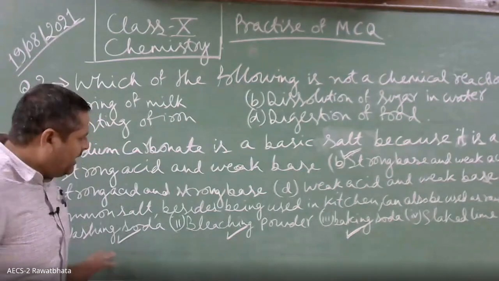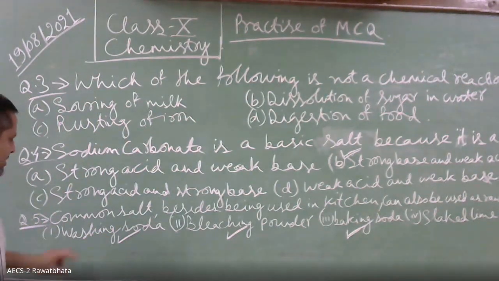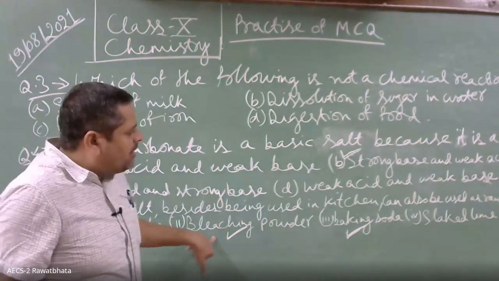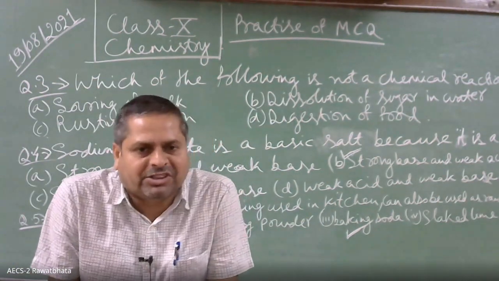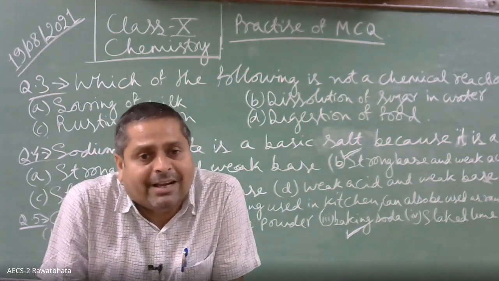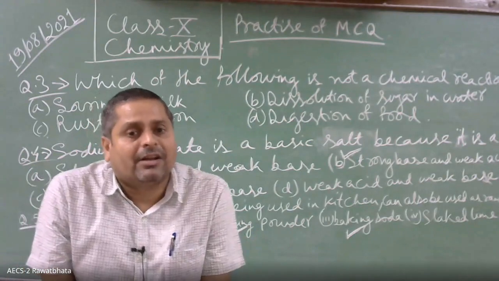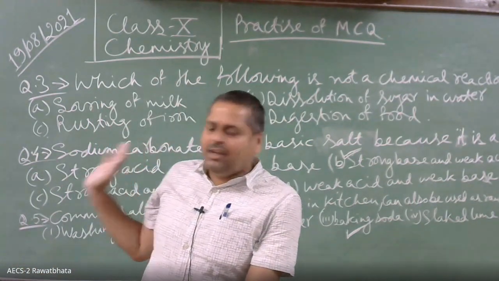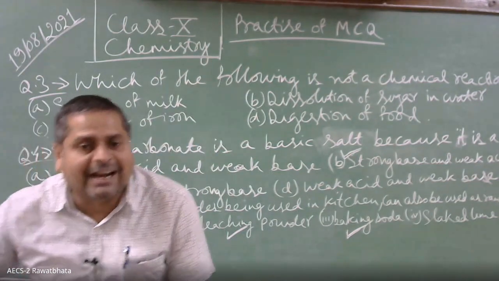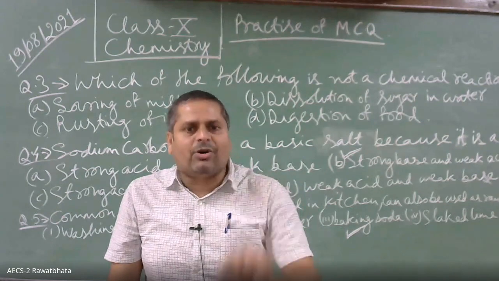Yes, sir. All of you agree with that or not? So three materials can be obtained using common salt as a raw material, that is washing soda, bleaching powder, baking soda. Now I am again giving one question regarding the chemical names and chemical formula of the compounds. You have to write the chemical formula and chemical names of the common chemicals that we have obtained by taking common salt as a raw material.